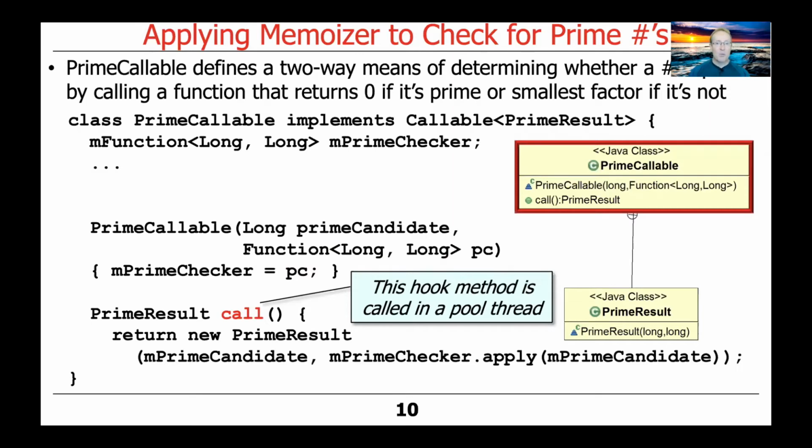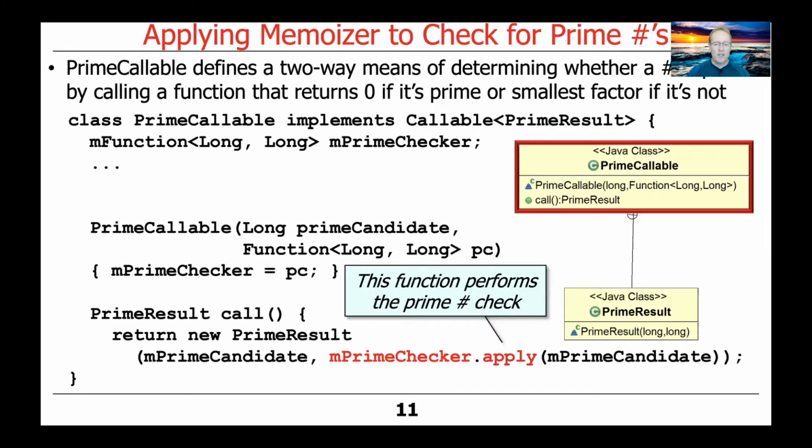And the call hook method will be called back by a thread in the cached thread pool. And what it's going to do is it's first going to call the apply method on the function field. And if we configure this to use the Memoizer, that will use the Memoizer to do it, where it'll look it up if it's already been computed. Otherwise, it'll compute it and add it to the cache. Otherwise, it'll just call the prime function if you don't configure this thing to use the